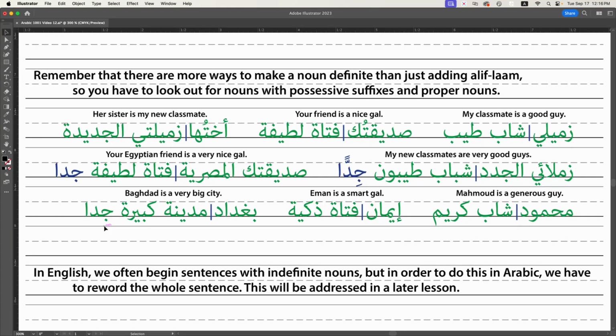But for now, that's pretty much it. In English, we often begin sentences with indefinite nouns, like a man is in the office. But in order to do this in Arabic, we've got to reword the whole sentence, and I'm going to take that up at a later date, because for